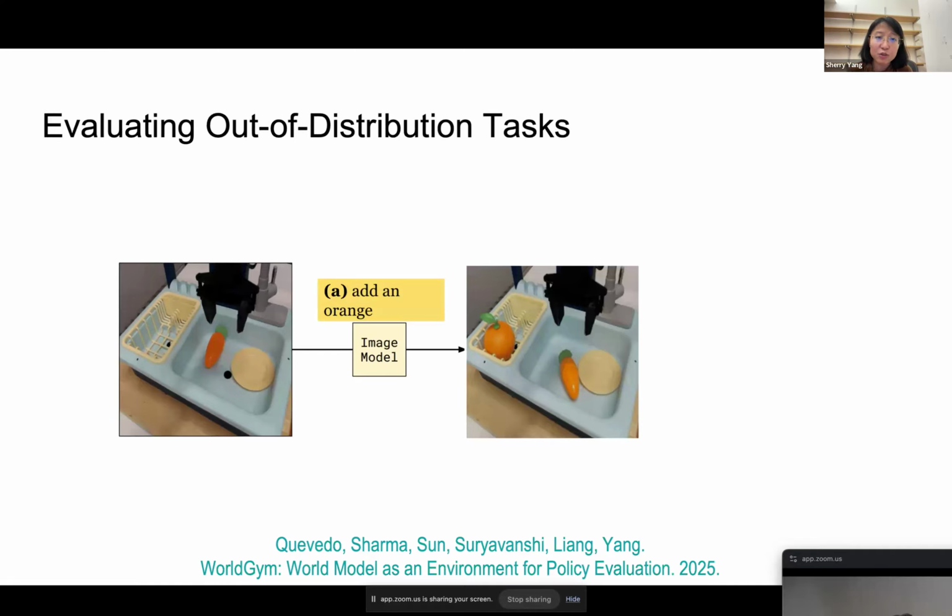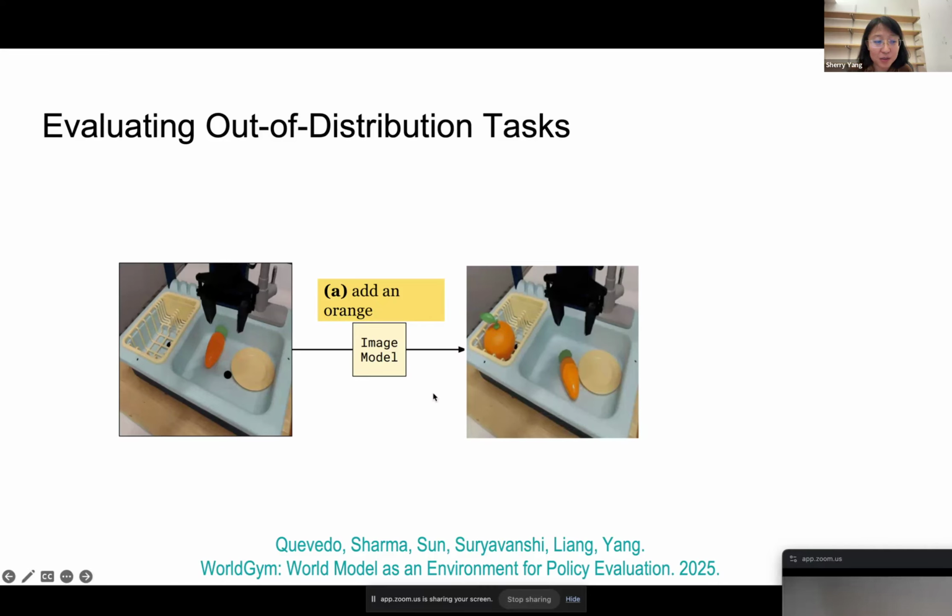Something more intriguing than just reproducing real world results is to do something creative in the world model, using tools like Nano Banana. By the way, there's Nano Banana Pro now from Google. I haven't tried it yet, so what we did is still using the older Nano Banana.